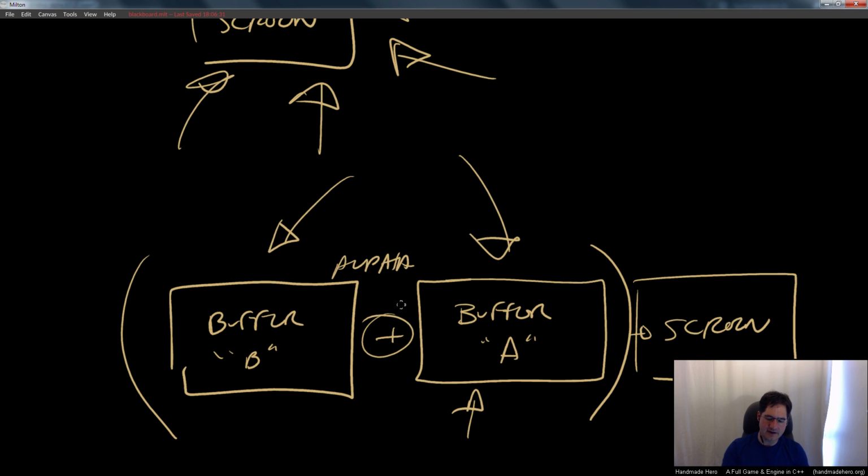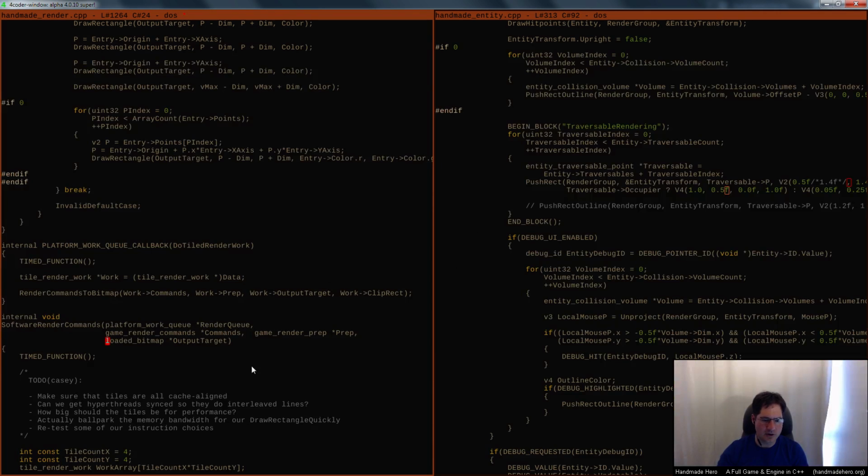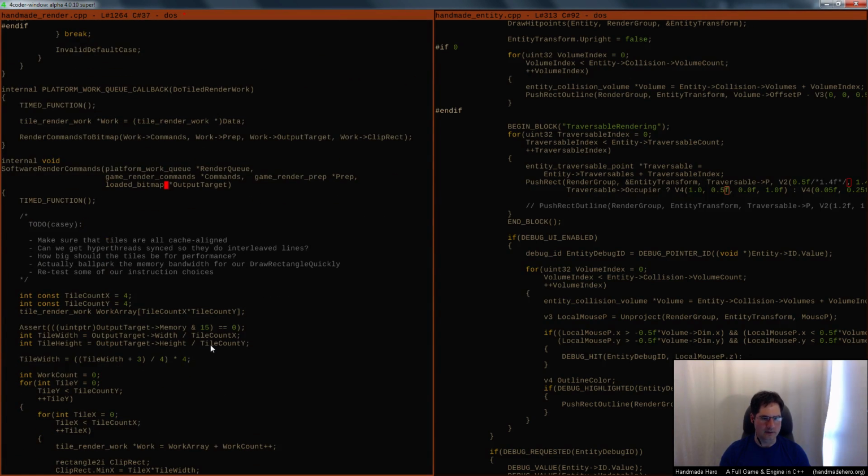Like I said, it was basically buffer A and the back buffer. We didn't really distinguish what it was. It's just a place that we drew our stuff to, and then it was going to get displayed. But what we want to do now is have more than one of these output targets that we choose between, and at the end we'll composite between them. That's what we actually want to do.